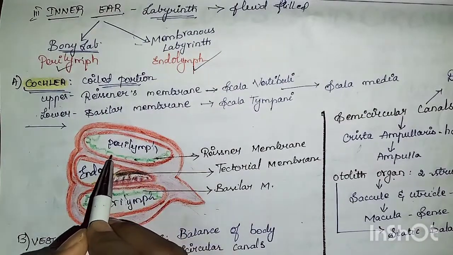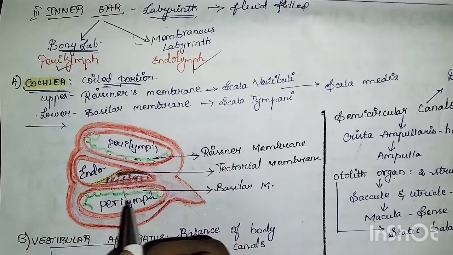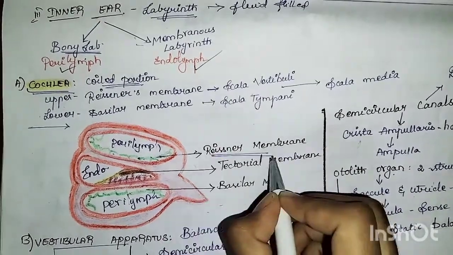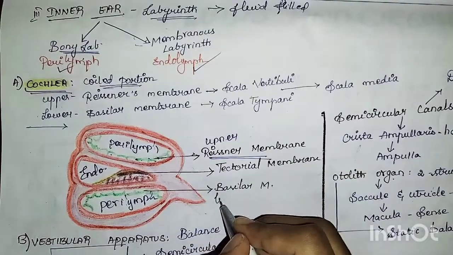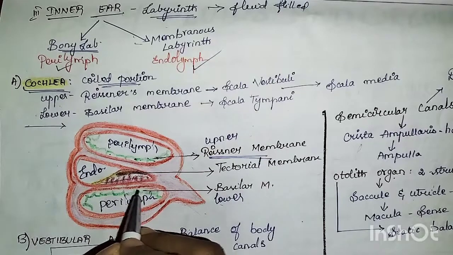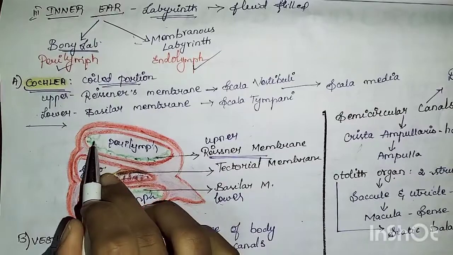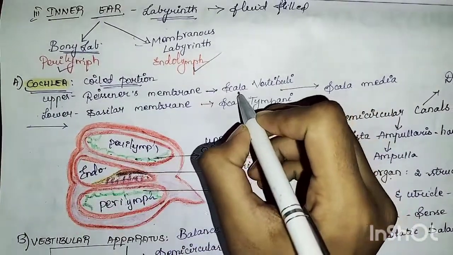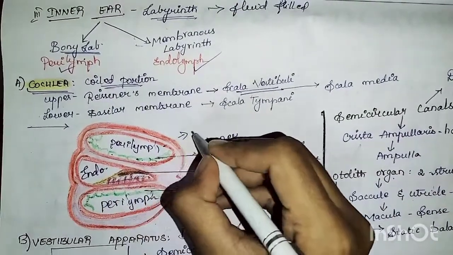Okay, this part which surrounds the upper and the lower body of the cochlea: the upper membrane is Reissner's. This is the upper membrane and this is the lower membrane, that is the basilar membrane. Next, this upper membrane surrounds this fluid called scala vestibuli. Okay, this part is scala